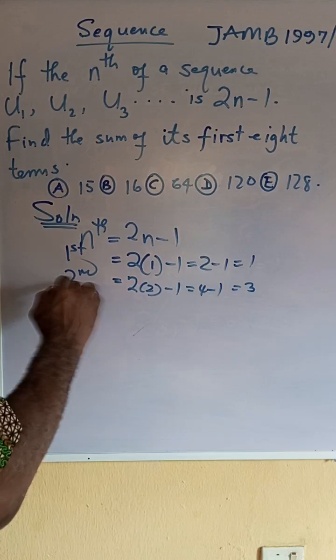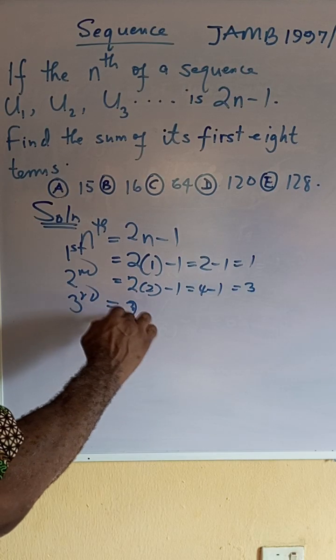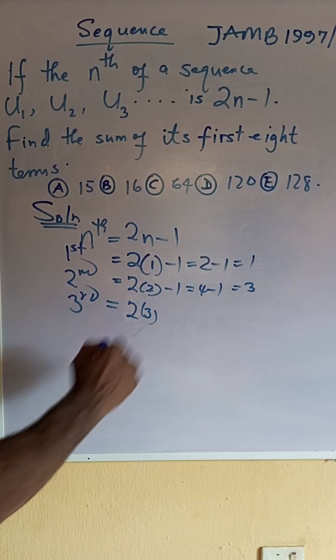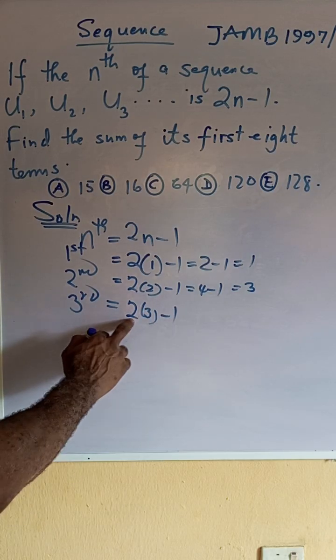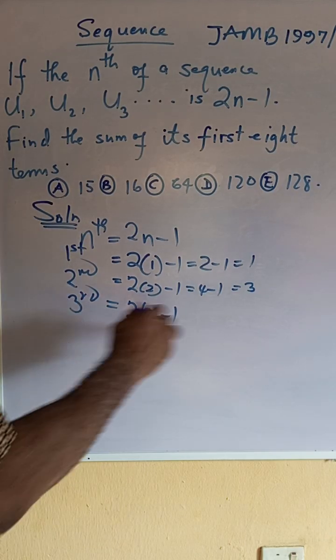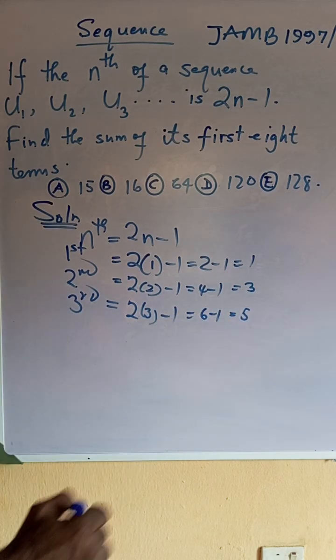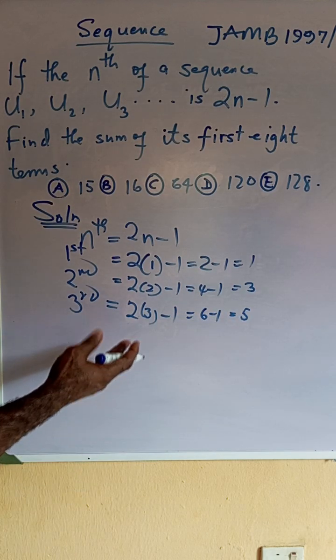The third term: 2 multiplied by 3 minus 1. 2 multiplied by 3 is 6. 6 minus 1 is 5. Okay? Alright, so now at this point,